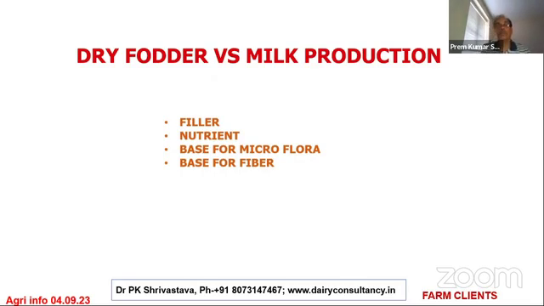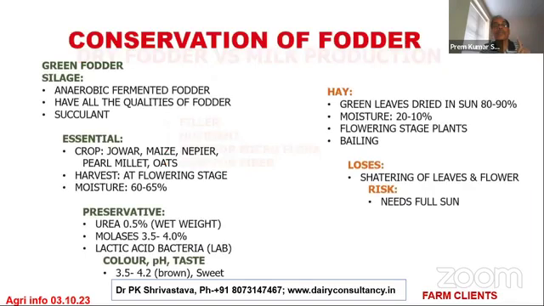And I will show you some pictures. There are many farmers who have converted to this. They take paddy straw or wheat straw, treat it with urea molasses, and it is an energy source now, right? Palatability increases, energy source increases, and digestibility increases. Base for microflora. The moment you put molasses into that, microflora jumps into that. So the digestibility increases. Base for fiber. Now, how to preserve the fodder? That is a big issue, because all the time greens will not be there.